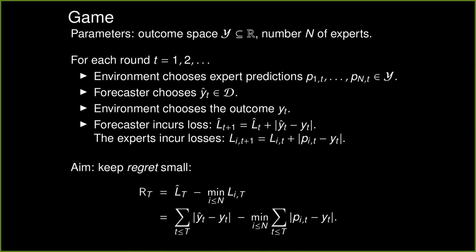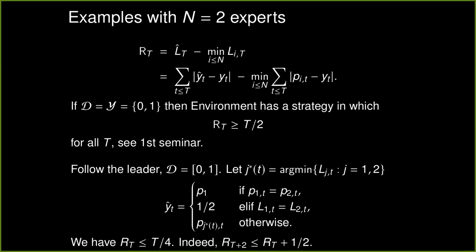Previously, in round T, we could have regret at least T over 2, we had the lower bound. Now we're going to have at most T over 4, and we beat it by using extra values in the prediction. Okay, so our experts have to say 0 or 1, so their loss goes by integers. Let us look at the round where they have different losses. Then we listen to the expert with the smallest loss. So what happens with the regret if he is wrong? Well, if he is correct, then the losses don't increase and we are happy. But if he is wrong, then